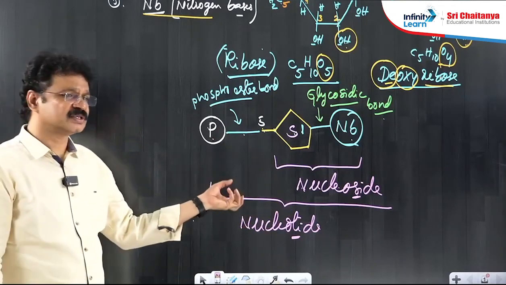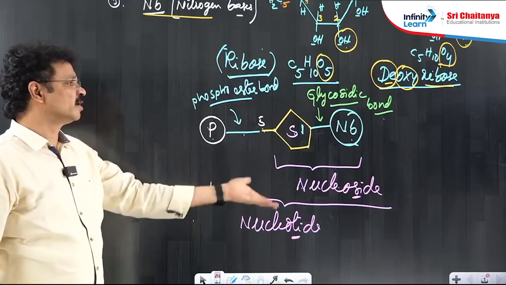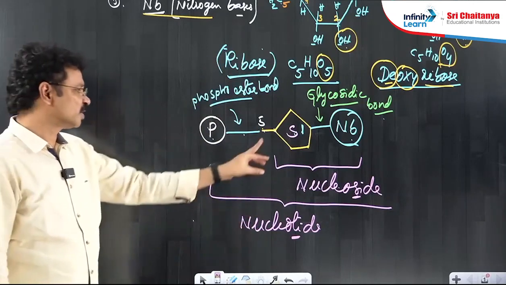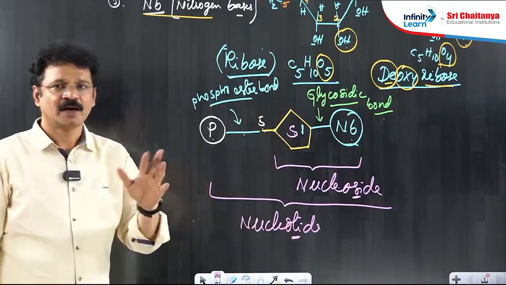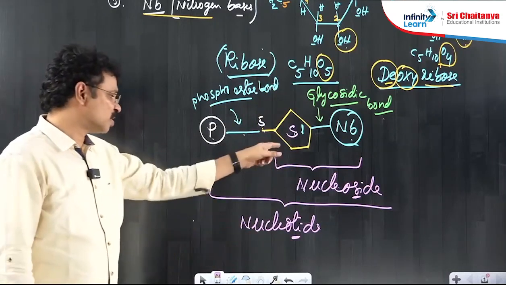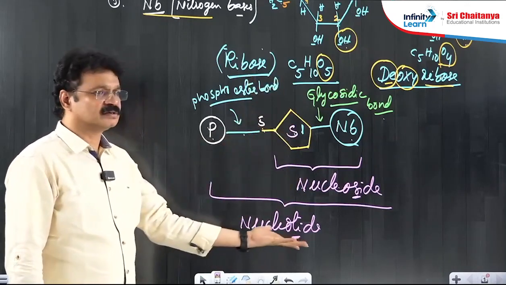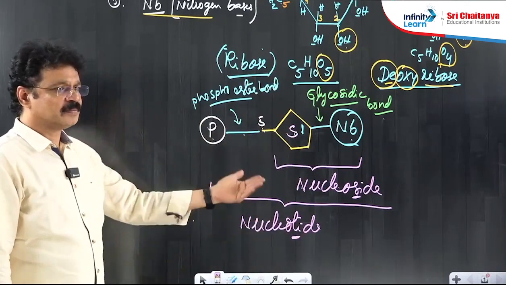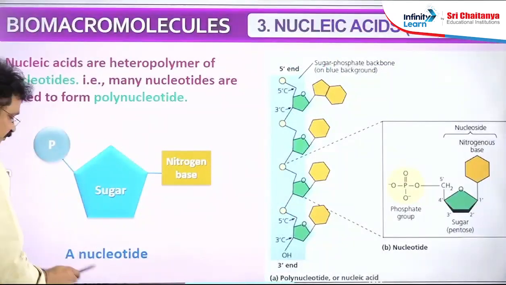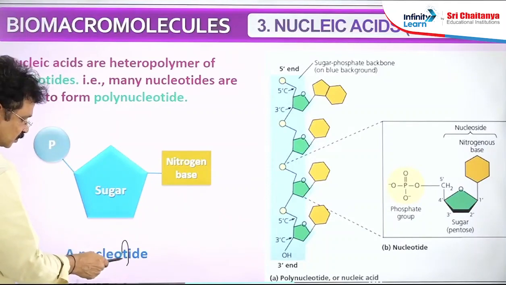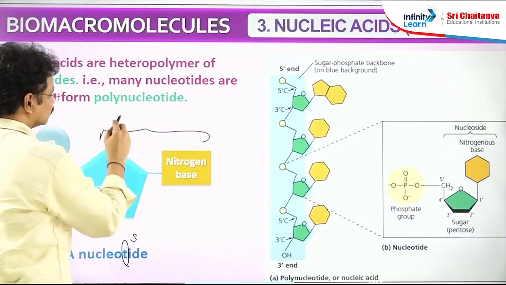This kind of nucleotides, several or millions, are polymerized to form DNA or RNA. If the sugar in this nucleotide is the ribose sugar, that entire macromolecule is RNA. If the sugar of this nucleotide is the deoxyribose sugar, the entire polymer is called DNA. It is one of the basic variations between DNA and RNA molecules. It is the structure of nucleotide. In case of nucleotides, only these two constituents are there.